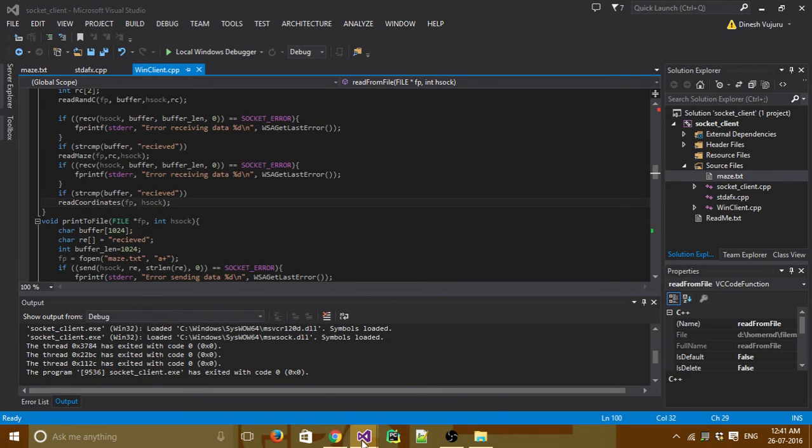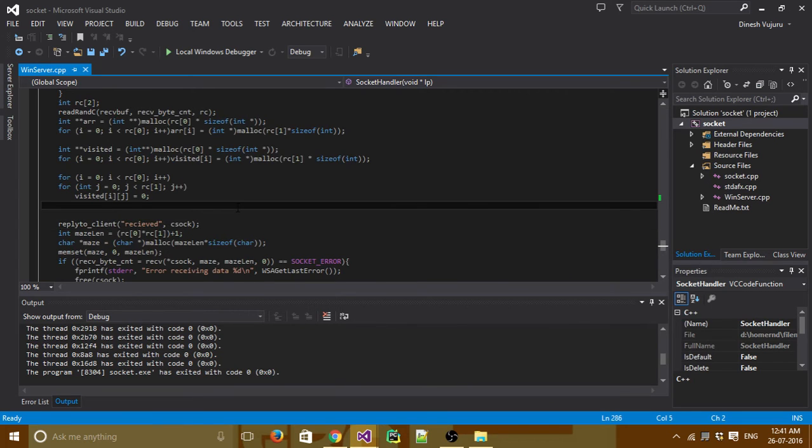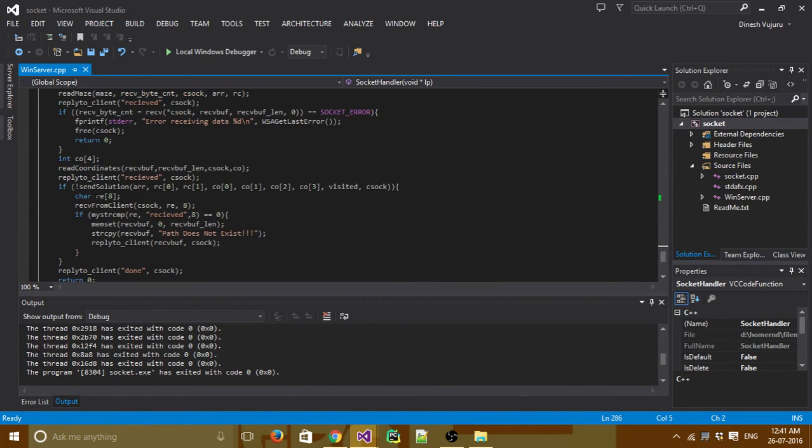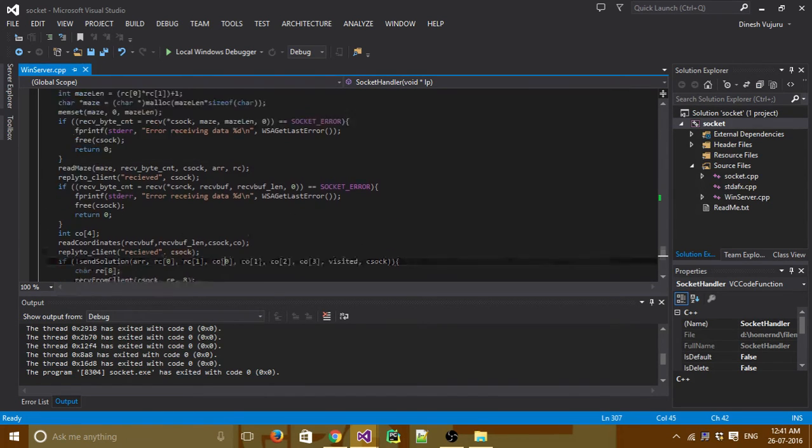Next, after receiving the whole data from the client, the server will process the data using the send solution function. This send solution function takes the array, rows, columns, starting coordinate, ending coordinate, and visited array. These are my arrays which are used for processing.